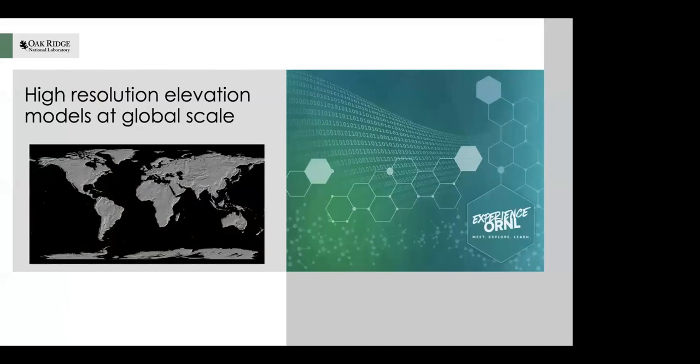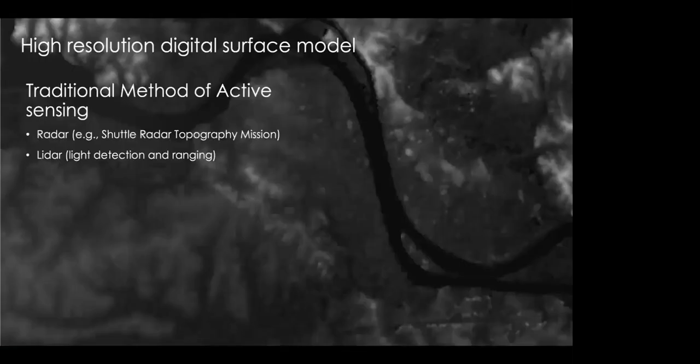Here's another example of how you take lots of data and large compute and create something that is useful for a lot of different reasons. So all of you know about elevation data, right? Fair? Okay, so one way of generating elevation data is active remote sensing, where you use something called radar or LiDAR, and you create remote sensing data.